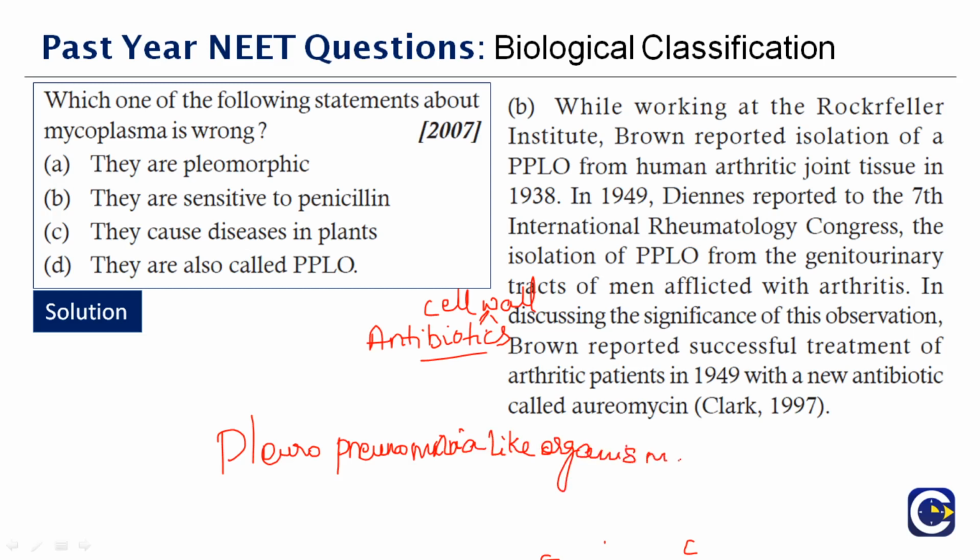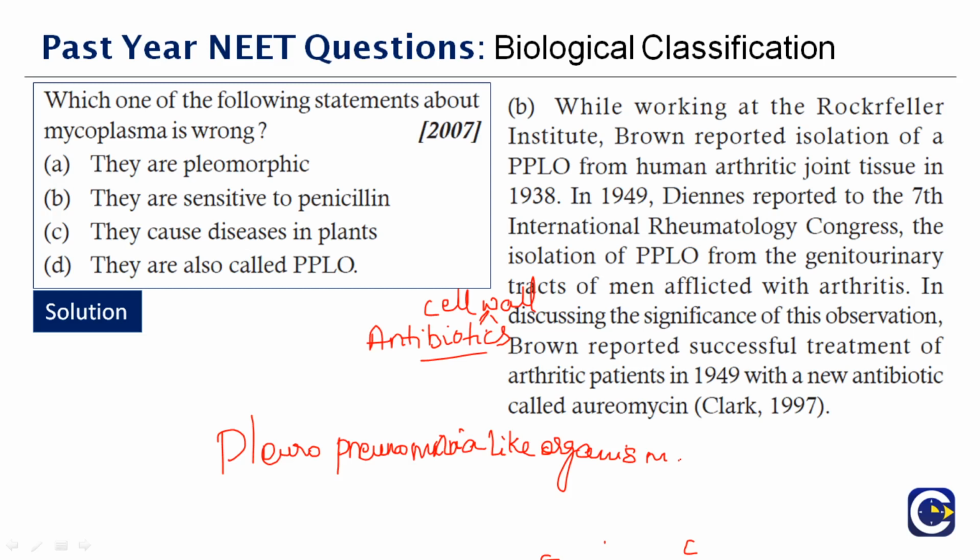So here, while doing research in 1949, Brown reported to the 7th International Rheumatology Congress the isolation of PPLO from the genitourinary tract of men afflicted with arthritis. What do you mean by arthritis? The disease that is caused in the joints of a human. In discussing the significance of this observation, Brown reported a successful treatment for arthritic patients with a new antibiotic called